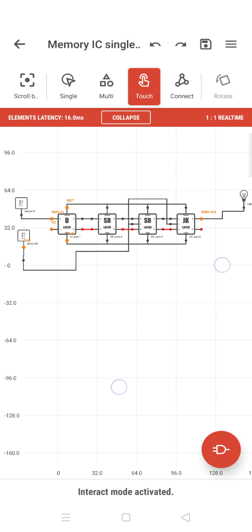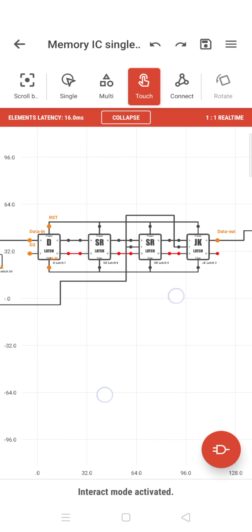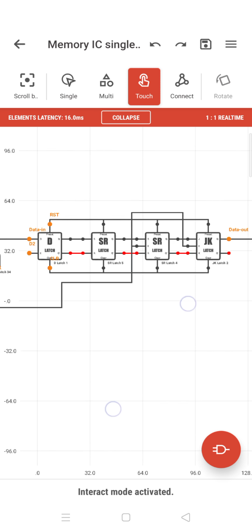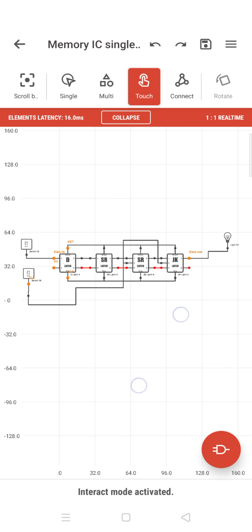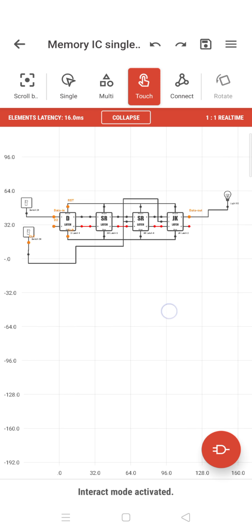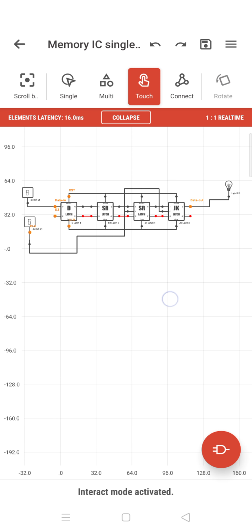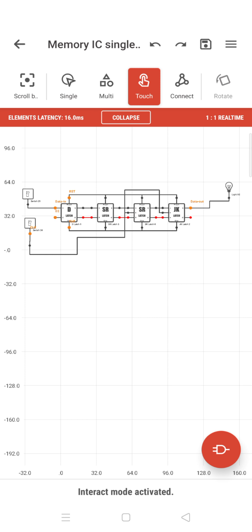So this is enough for today. This is the kind of circuitry which you have to design. If you want to see it really close up, this is the circuitry you want to use. This will help you in designing your memory unit. So this is one single bit memory unit. This you have to understand.